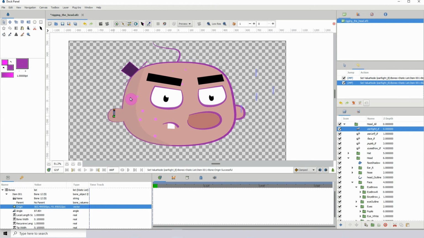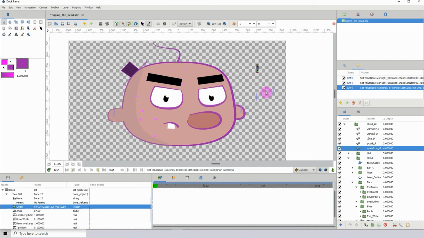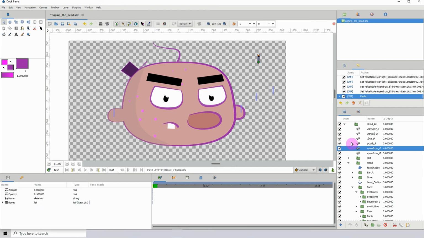Okay, so let's start connecting the bones to the objects. So I'm going to select the eyebrows, which is the group layer. Oh, by the way, if you wanted to move the eyebrows individually, you could create two separate bones for them and then create another bone that would be parented to those eyebrows. As a matter of fact, let me actually do that right now instead of telling you that you can do it. Let me duplicate this,